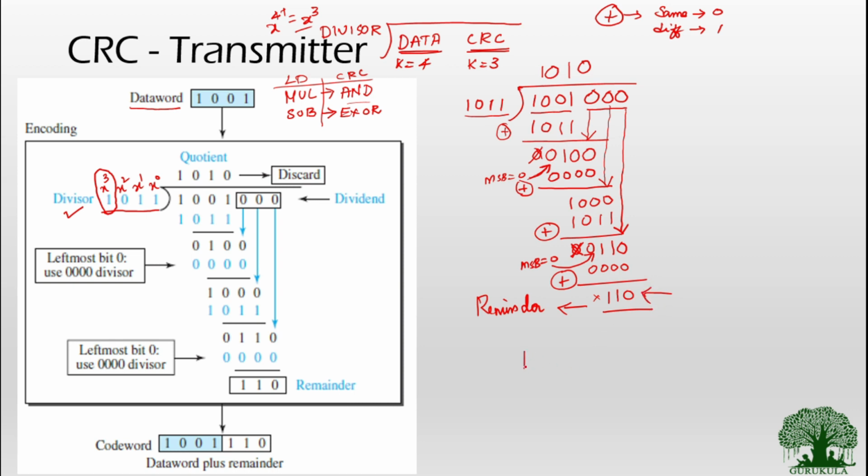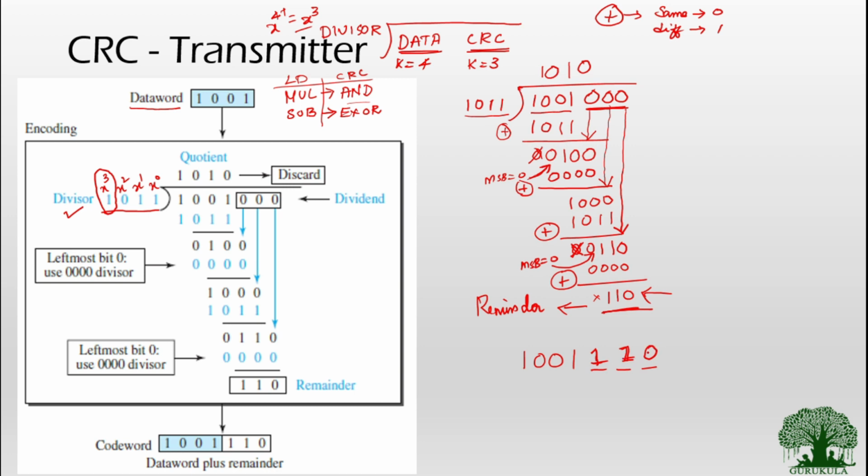So you very well know what my data is. 1 0 0 1 is what my data bits are, and in addition I will have 3 bits of CRC. Initially I had all zeros in the places of CRC. Now I have calculated the value of CRC as 1 1 0. So what I will have to do is add this 1 1 0 over here, and